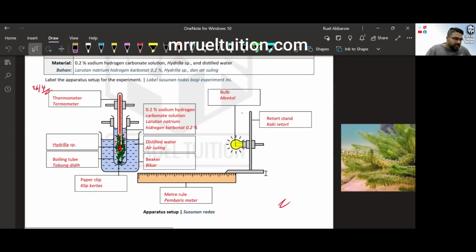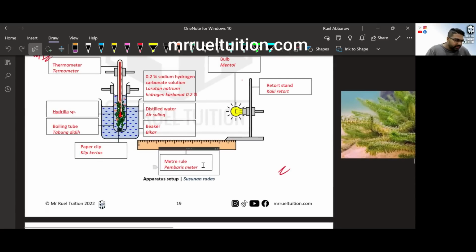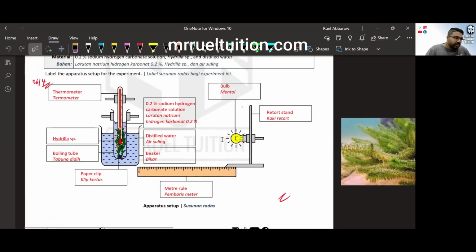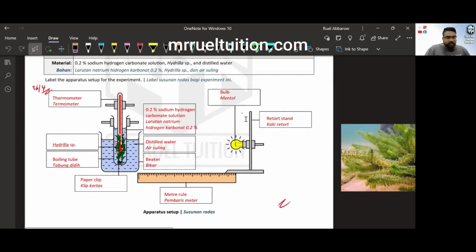Now, the light source, you will probably get this, you will probably get about with batteries. So there's a light bulb that is placed at a fixed distance. So you can see the meter rule here. You have to measure the distance. Okay, so if we are doing an experiment on the effect of light intensity,